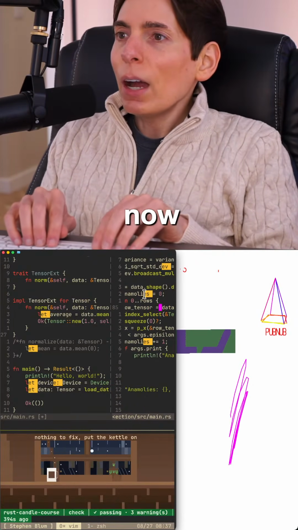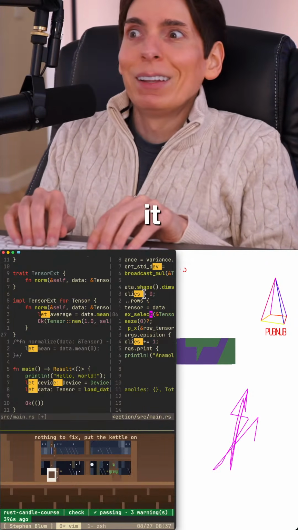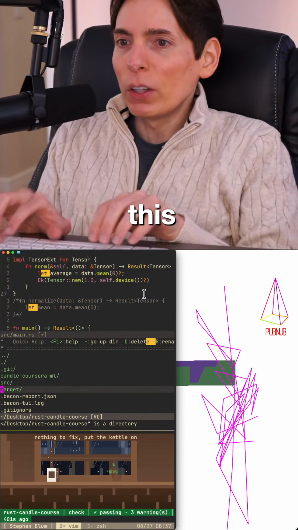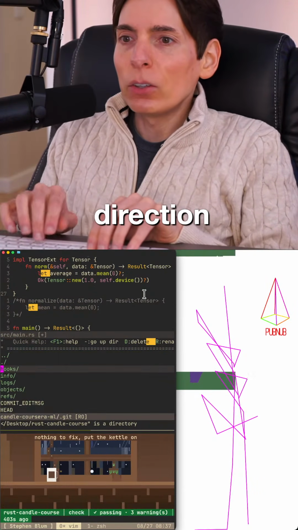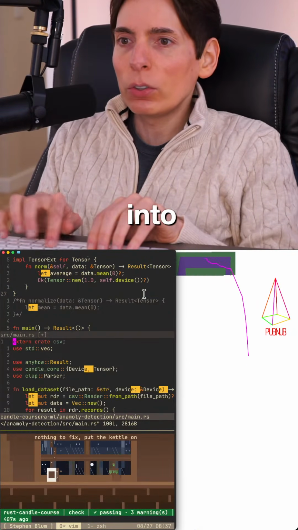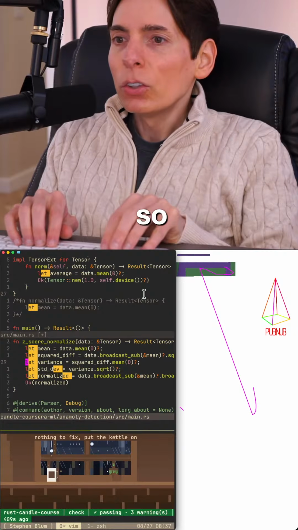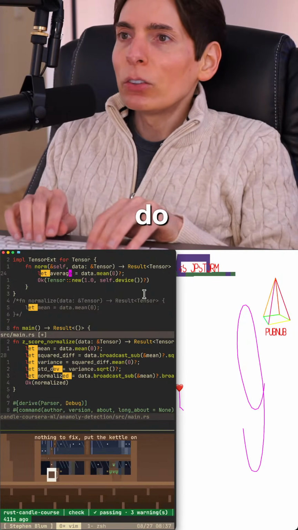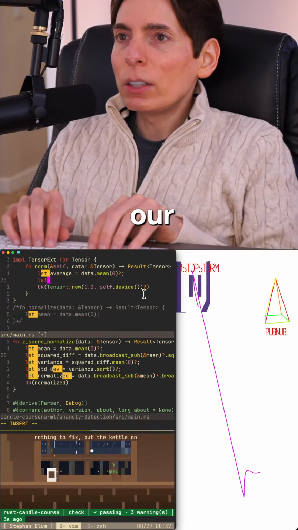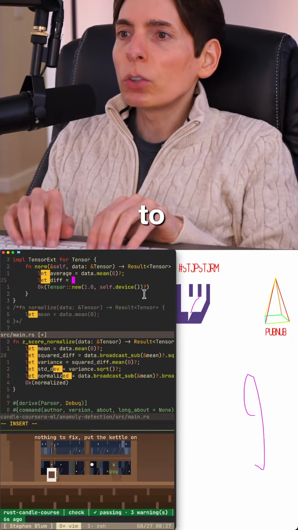Okay, so now let's try to figure it out. This is really difficult. I'm going to split the window this way, the other direction. Candle, anomaly detection, the source, and then we go into the main file. There we go. All right, so we need to do the z-score. Let's do the z-score. We get our average, and then we're going to get our diff. Let our diff equal